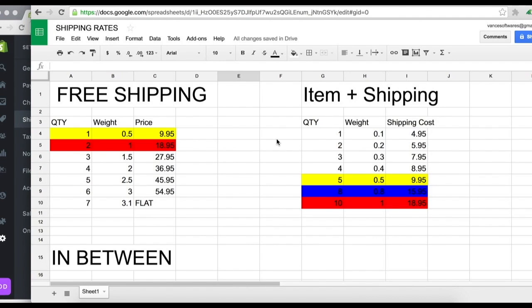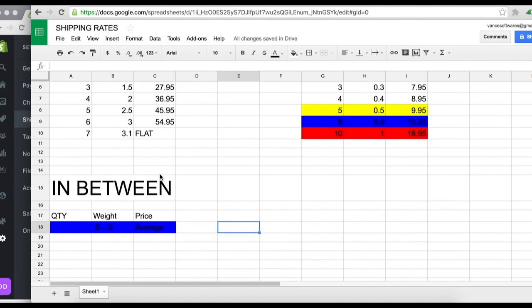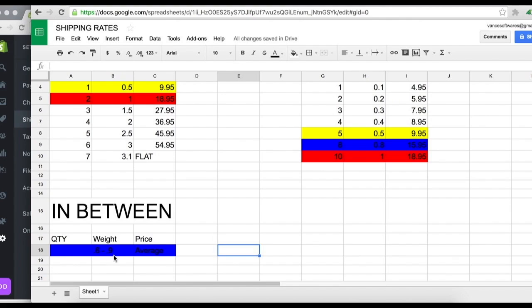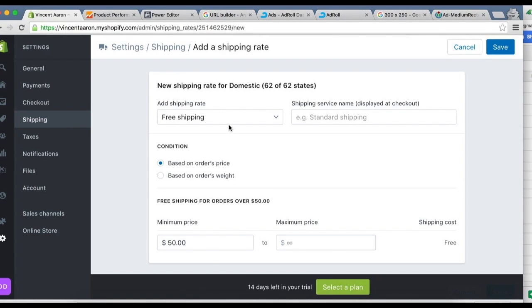So if we're going from 0.6 to 0.9, we're going to have to take an in-between. So for example, 0.6 to 0.9 average. If we take the average, let me go ahead and add these up. 18.95 plus 9.95. And we just go ahead and we divide it by 2. It would be 14.45. So I'm just going to put 14.95. So that would actually be 14.95. If I take the average of these two and set it for the weight over here,